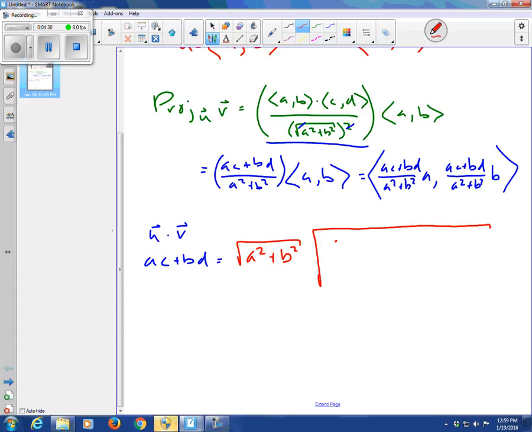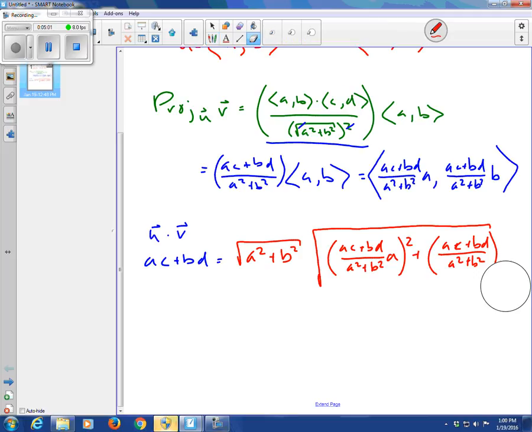So right here we've got horizontal component, which is (AC plus BD) over (a squared plus b squared) times a squared, plus, now right here we've got our (AC plus BD) over (a squared plus b squared) times